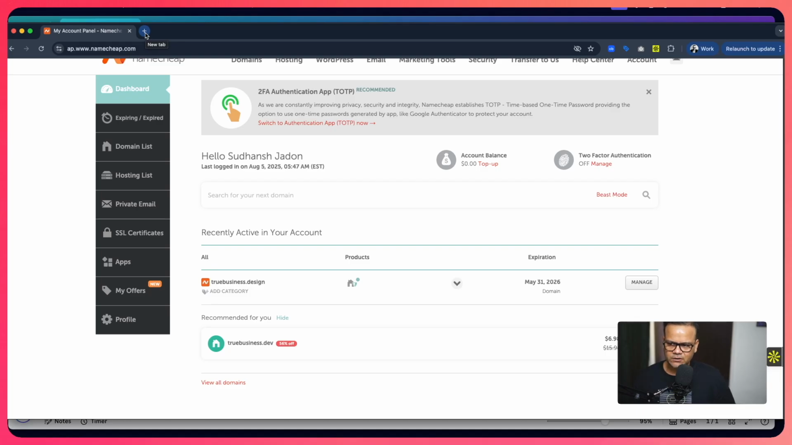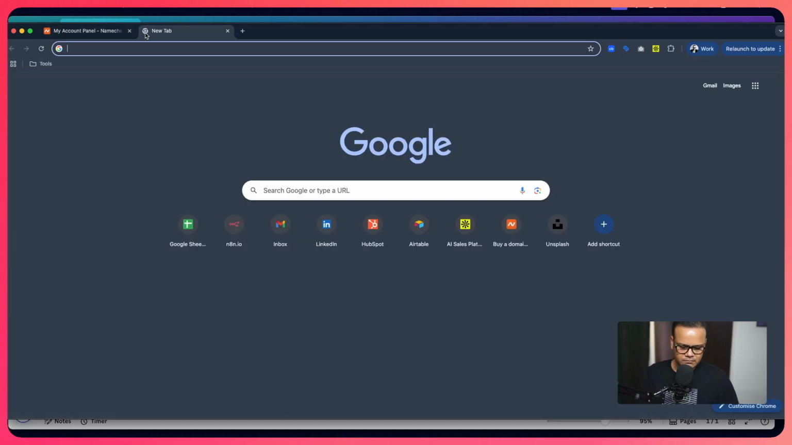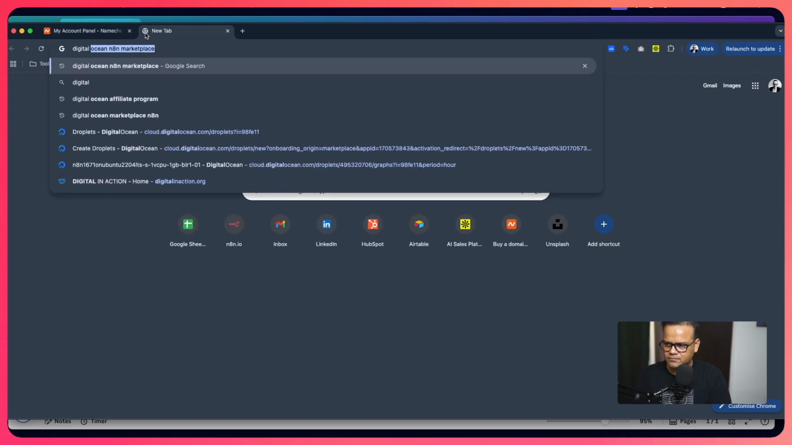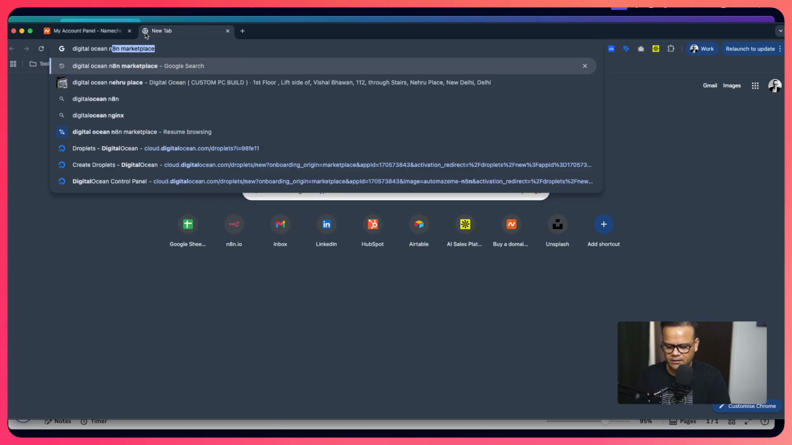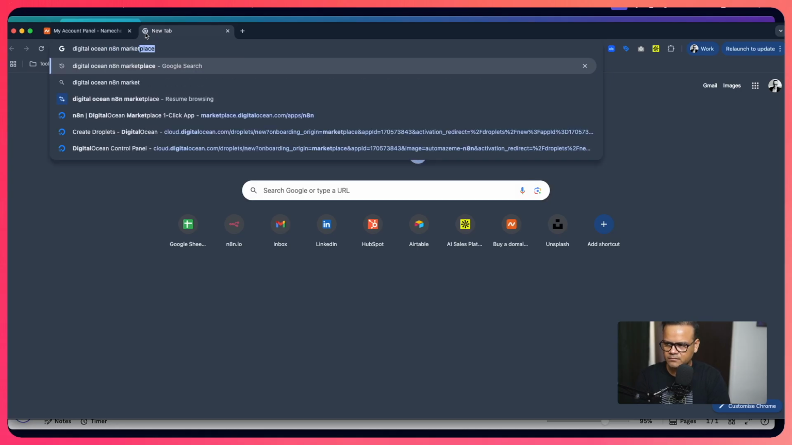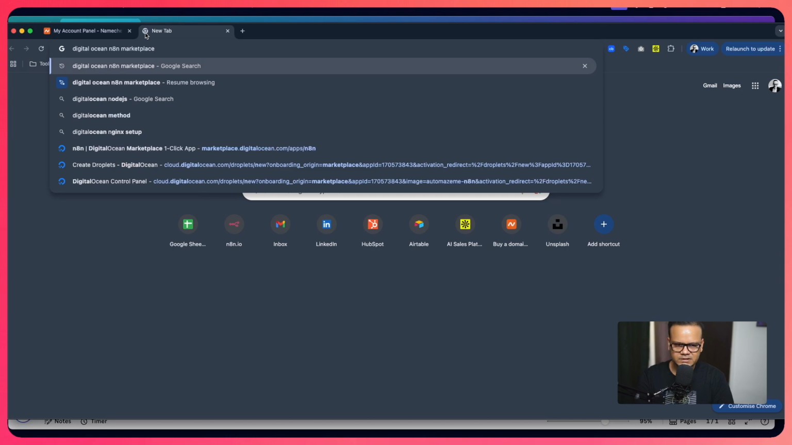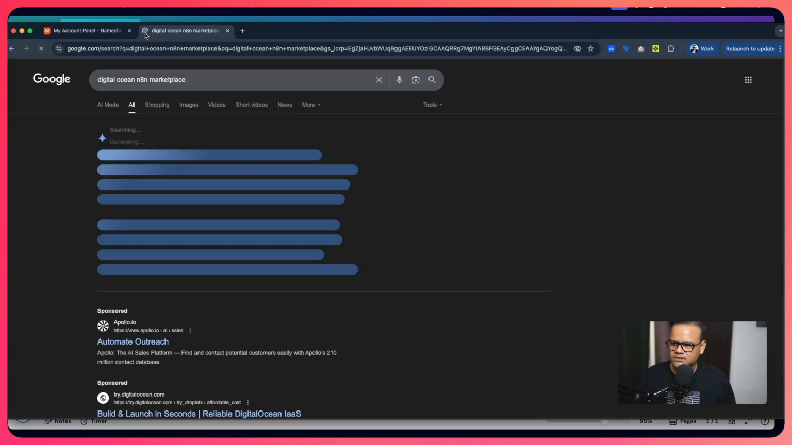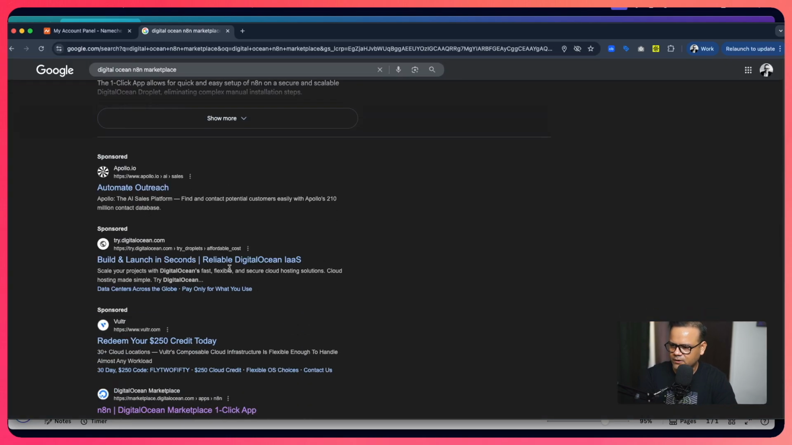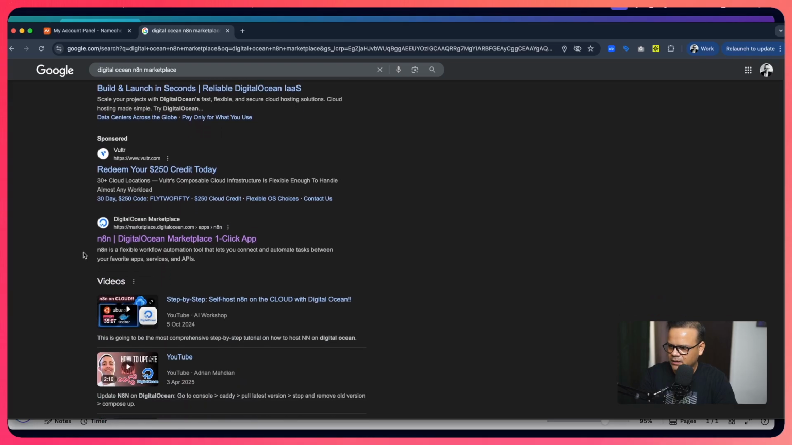I believe Hostinger also has something similar where you can do a one-click. So if you want to know what to search for, just go to Google and search for N8N marketplace, because it's a marketplace app where you can just install the droplet by clicking it once. So this is the one. You can see DigitalOcean marketplace N8N, and once you click on it,